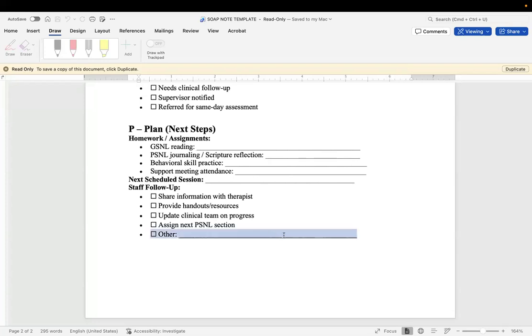And then this is a great place where you can also say things like, hey, follow up with their probation officer, or they're asking questions about their doctor's appointment or dentist or something like that. This is a great place to articulate that. The reason this is important is it helps you to remember to do it, but it also helps us to chart how we're working cohesively on the 360-degree person and being able to work with case management and just everybody to take care of them.